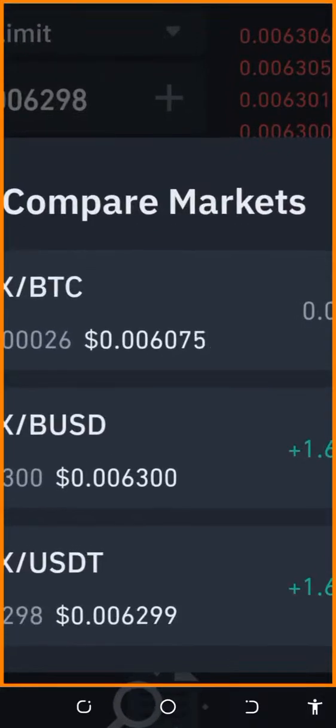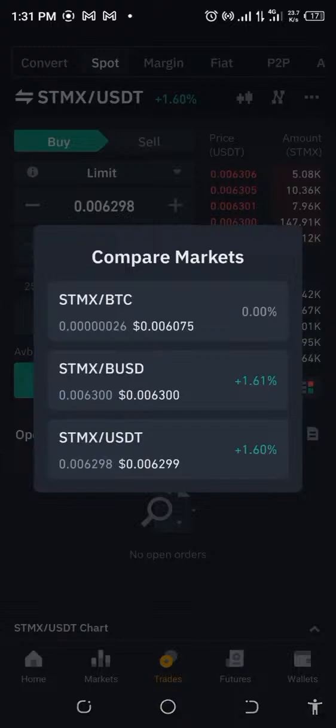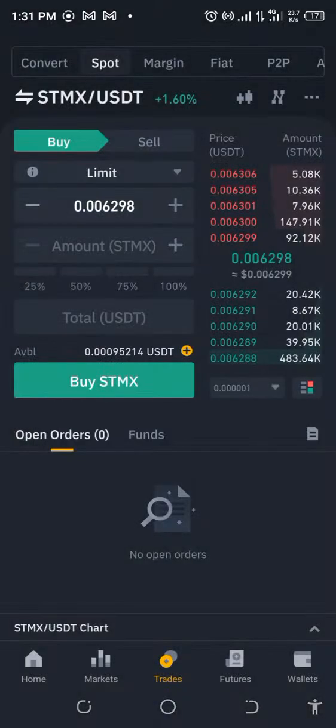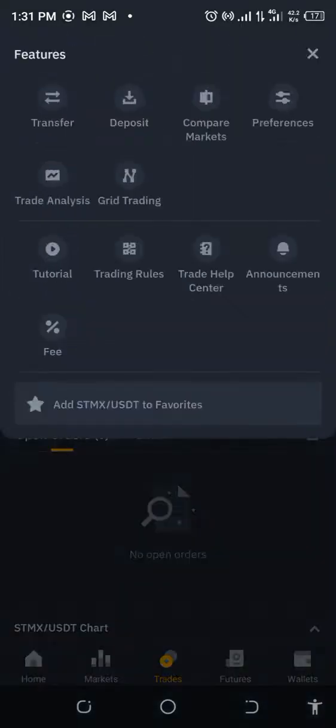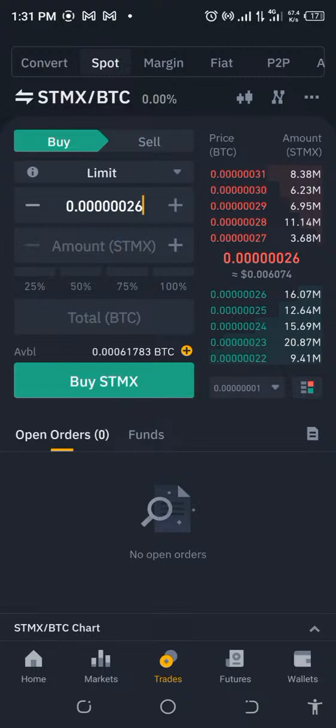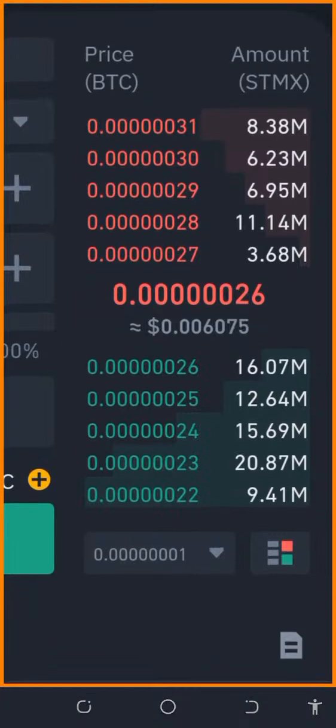It's 0.006074, while on the others you can see the difference there. So let's go ahead and see what we will do. This is, like I said, an experiment. It might work, it might not work. Okay, so let's get cracking. So I'm going to go straight to using STMX BTC. And before I do anything, let's take a look at this market price. The market price is